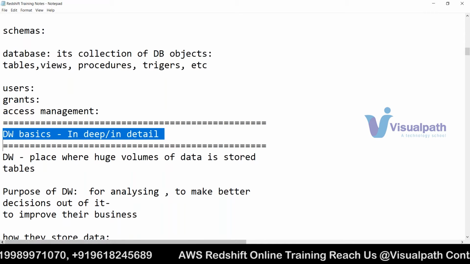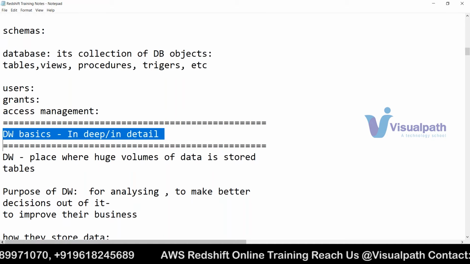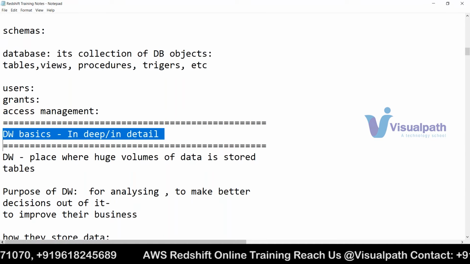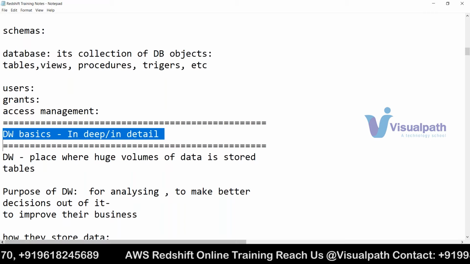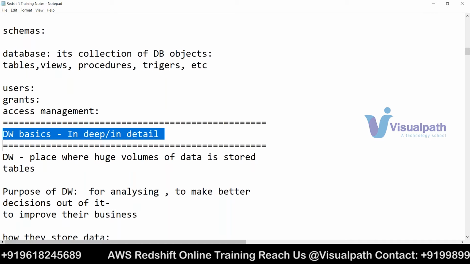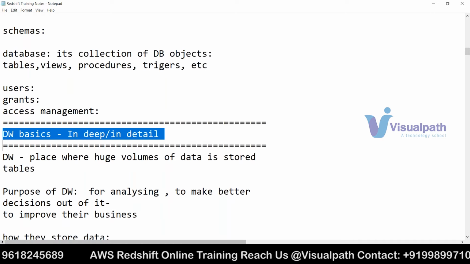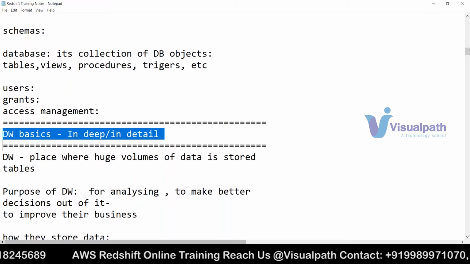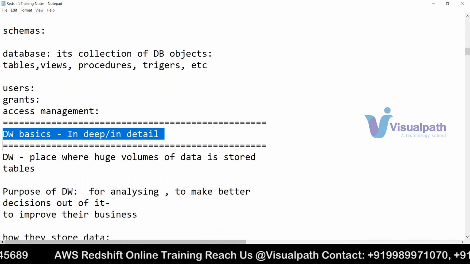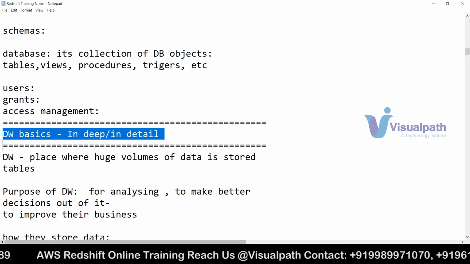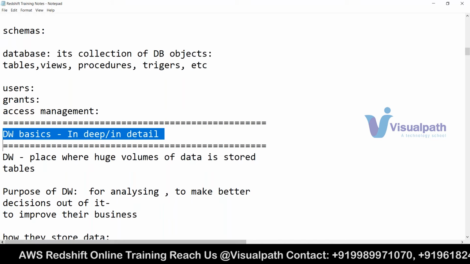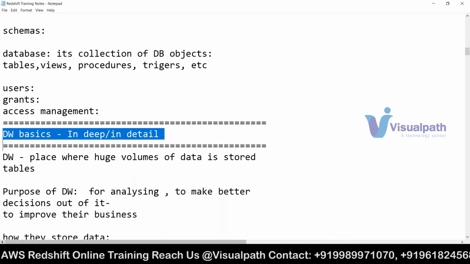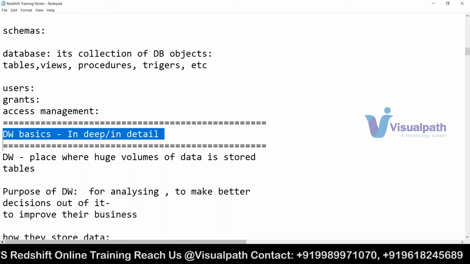Or even if you go to furniture shops and order any item, they will say, sir, we will deliver the goods from the godown. So actually, a godown is the place where the huge volume, I mean huge stock, is stored. It's a store. Similarly, since it's data, godown and warehouse are used interchangeably, so it is called a data warehouse.